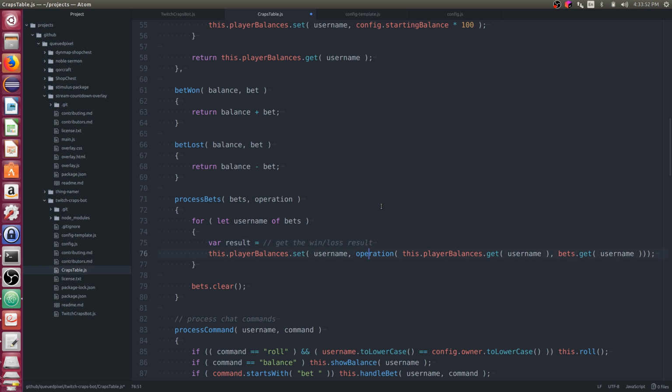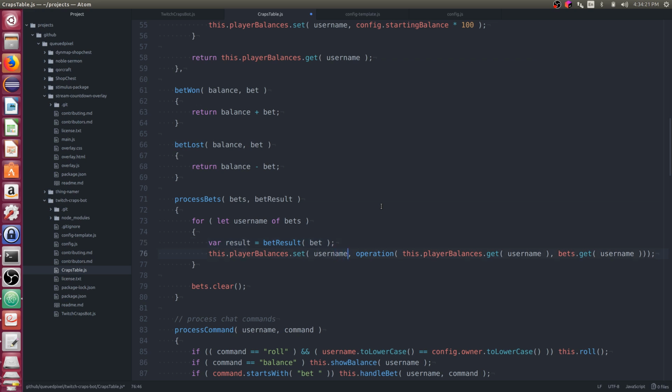So let's try bet result instead. We'll say bet result based on the bet. And so this way, if they win, this will be positive. If they lose, that'll be negative.